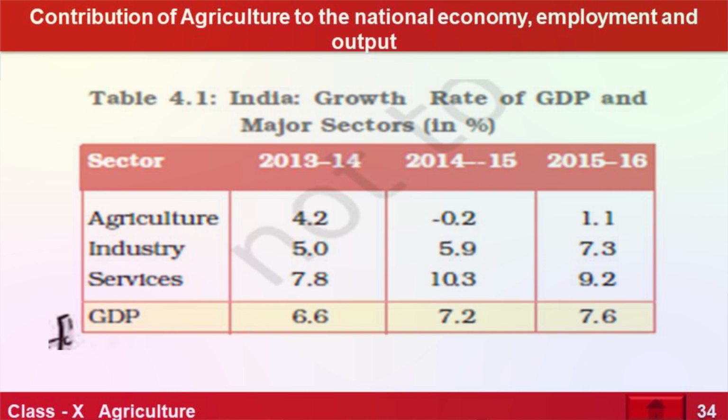So 1.4 table, you can go through that. So agriculture is not doing much. Okay, so that is only doing 1.1% growth in GDP. So it is not growing much, and contribution is also going down. So this is a thinking issue, a problematic issue for us to work upon, and our government to take major steps to resolve this issue.